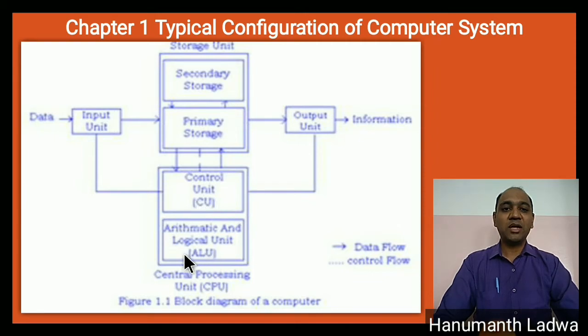Next, the arithmetic and logic unit. The arithmetic and logic unit will perform arithmetic and logical operations. Arithmetic operators are plus, minus, multiplication, integer division, and modular division. The logic unit consists of logical operations such as logical AND, logical OR and logical NOT. Such operations will be performed by the arithmetic and logic unit, which acts as the brain of the computer system. Next we'll move on to the output unit.